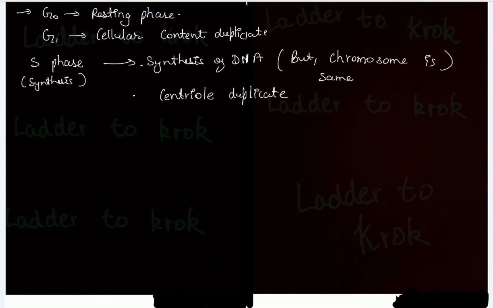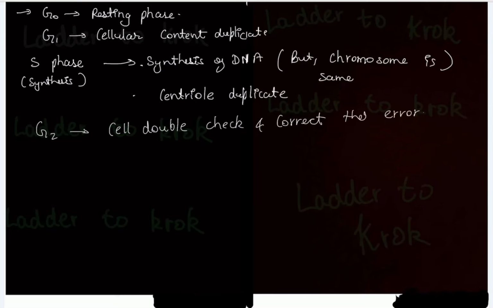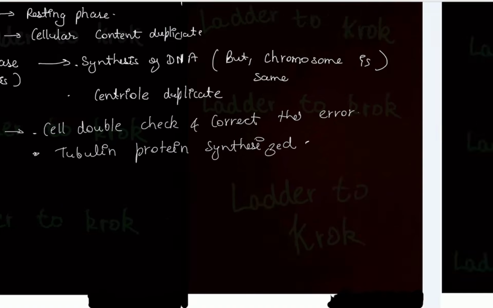Now there is G2, where the cell double checks and corrects errors. And one more thing, tubulin protein is synthesized here. Now, between